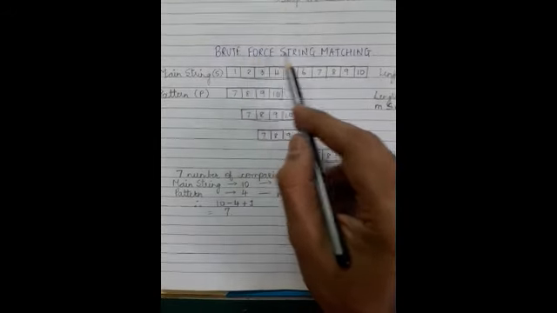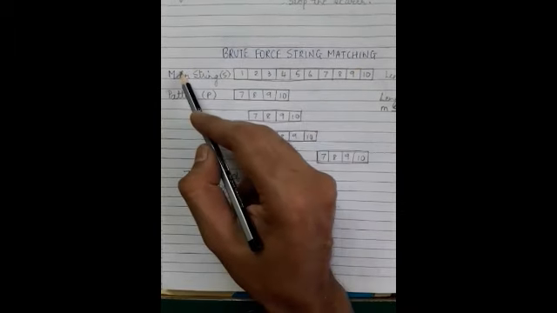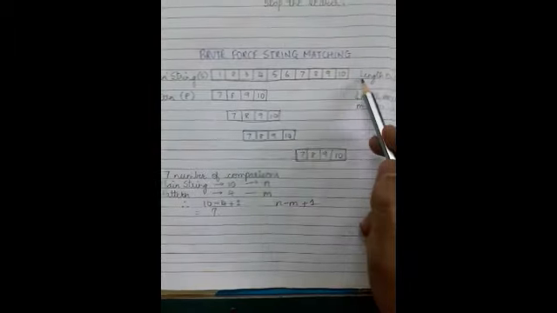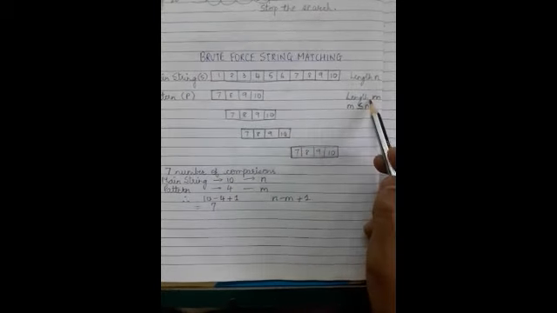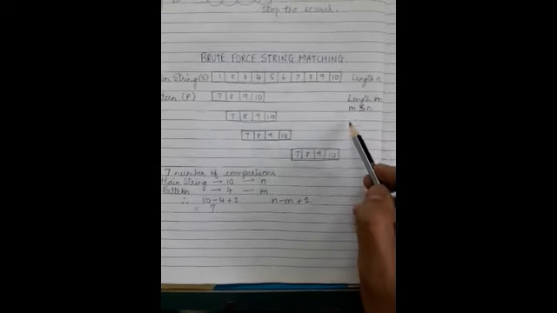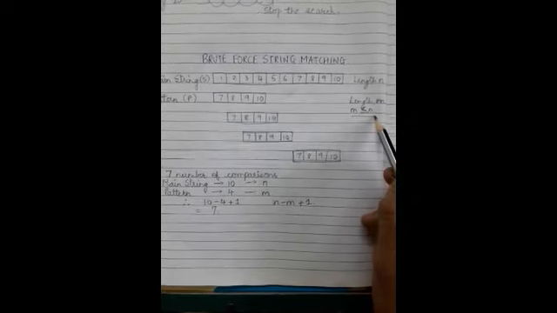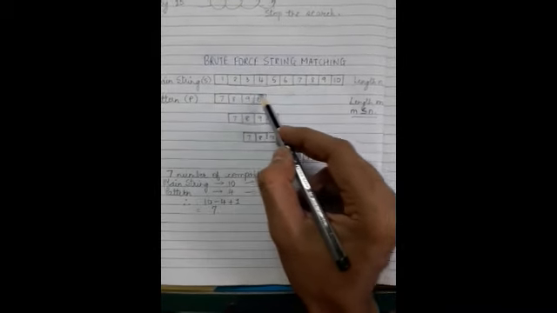So next we will be discussing another brute force algorithm, that is for string matching. In this algorithm I'm going to have a main string of length n and a pattern p of length m. Now in order to perform string matching, the length m has to be less than or equal to n. So you can see here it has to be either less or it should be equal.